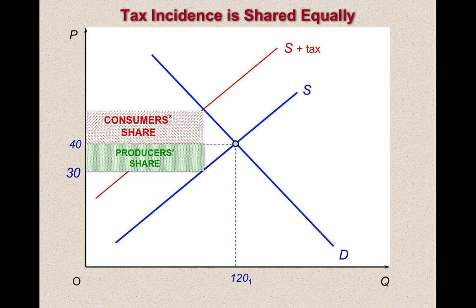When we look at who's paying what, producers and consumers, in this case it looks like the consumers are paying just a little bit more than the producers. But together, they're paying the tax. So anyway, let's move on,